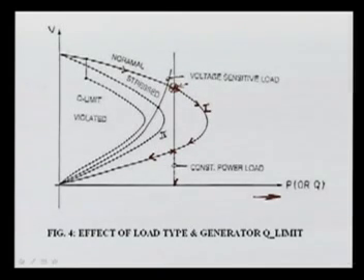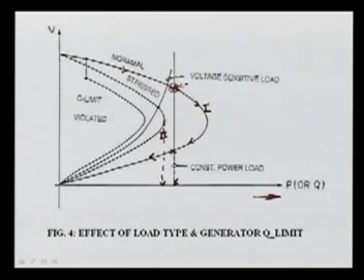Now if your system is stressed, meaning a highly stressed system, you can have another curve here, that is 2, like this, which means you cannot load more in the stressed system. You can see this line is not intersecting, so it is not possible to go for this much power, because the maximum power here will be only your critical power, P critical. You cannot get more power on that bus.